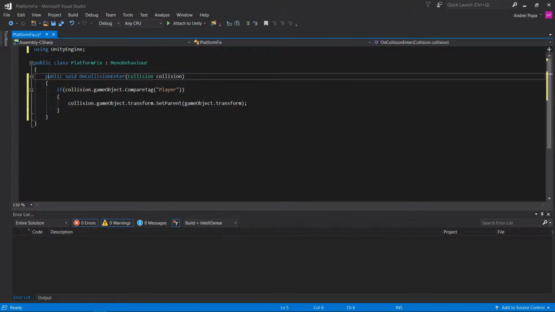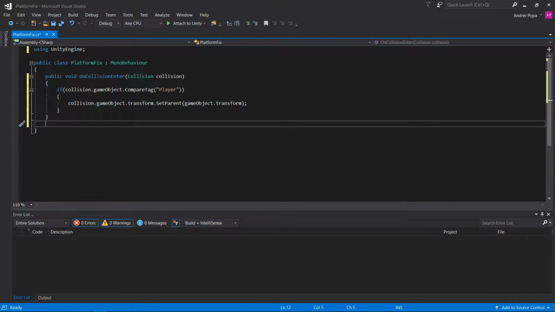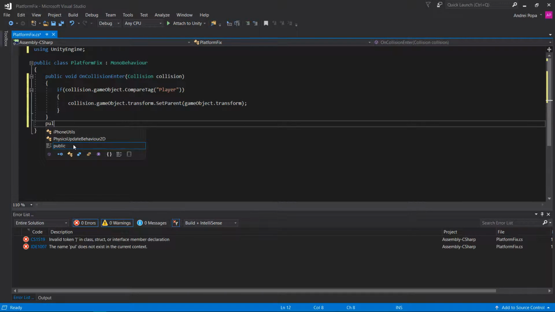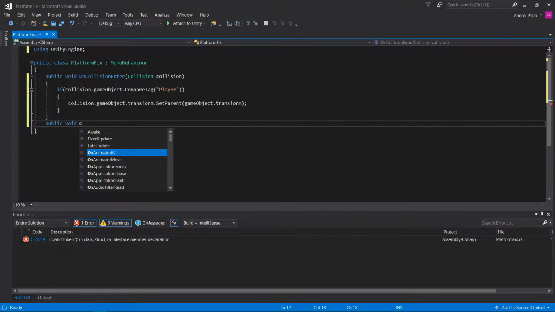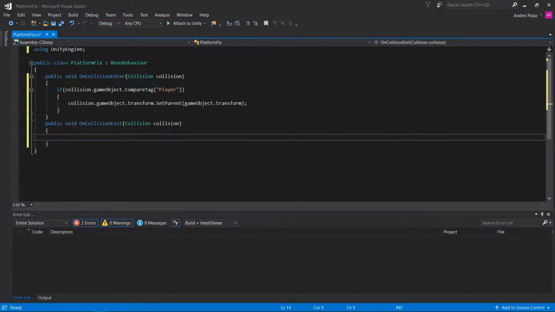Close that. So we don't need to have the player parented all the time to the platform. That's not what we want. We also want to deparent the player when it goes off the platform. So public void, when it gets off the platform, we're going to say on collision exit. And this time we're going to say